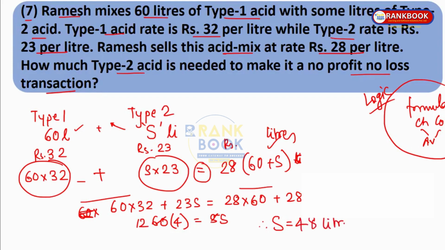So, 48 liters of type 2 acid is needed by Ramesh to make it a no profit, no loss transaction. See, without using formula, even by logic, we solved the sum. Going to question number